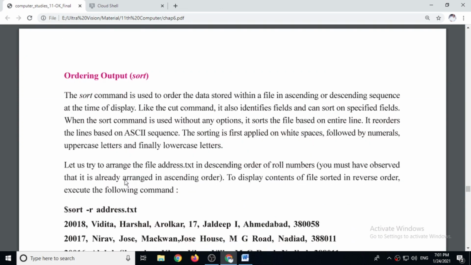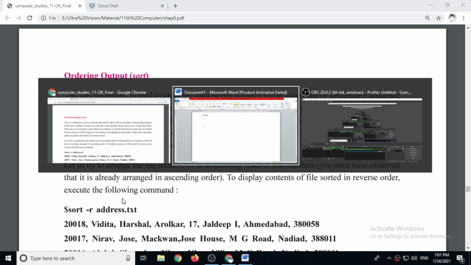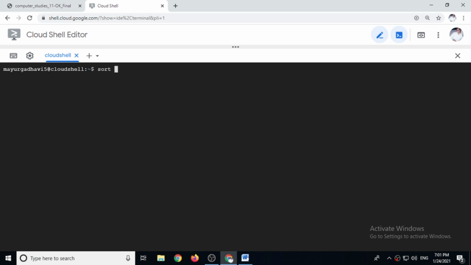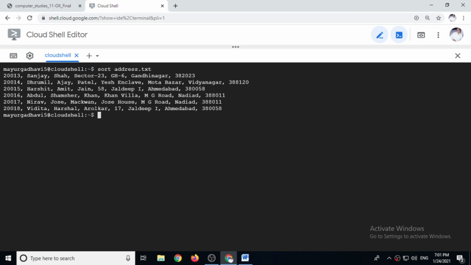Sort means to arrange records, and remember, it reorders the lines based on the ASCII sequence. So we can use the sort command like this: sort address.txt. But when you give this command, the output will be similar to the address.txt file, because we have stored the data in sequence only.